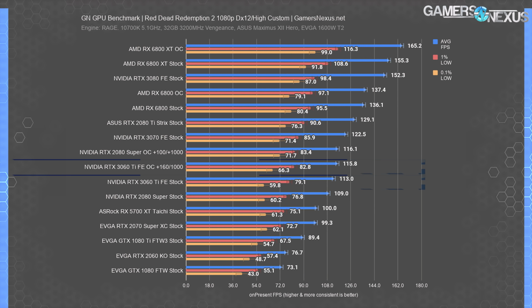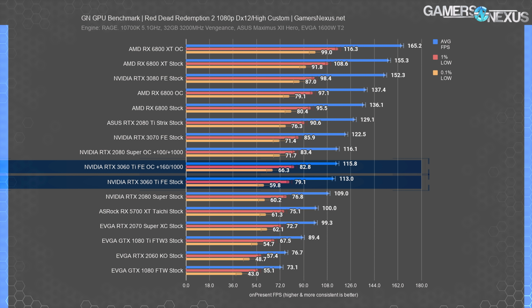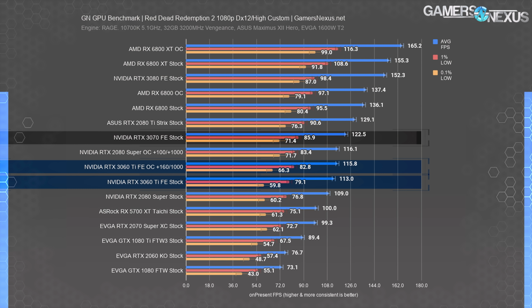At 1080p, the 3060 Ti stock card held 113 FPS average with nothing to show from our overclock. We likely need to walk it back a little bit. It's at 116 FPS average here. The 113 FPS average for stock allows the 3070 FE a lead of 8.5%, reduced from some of the previous